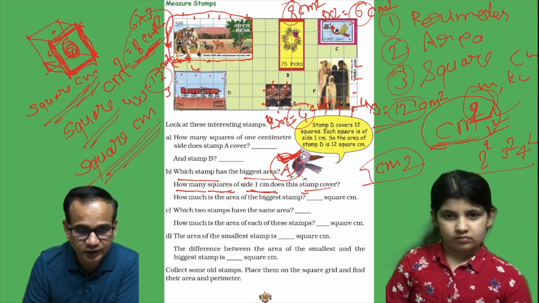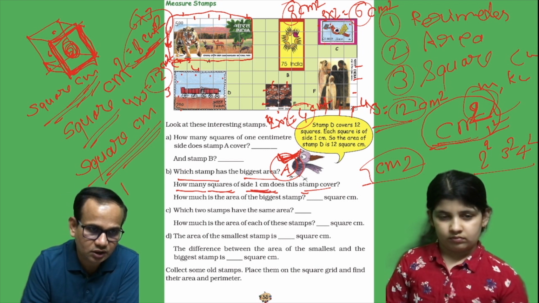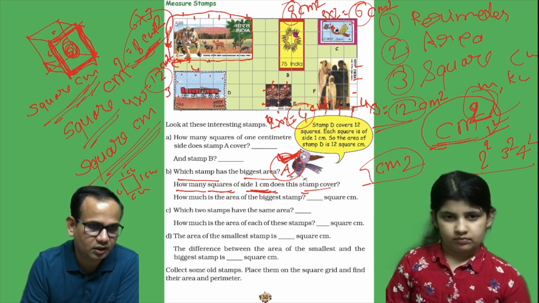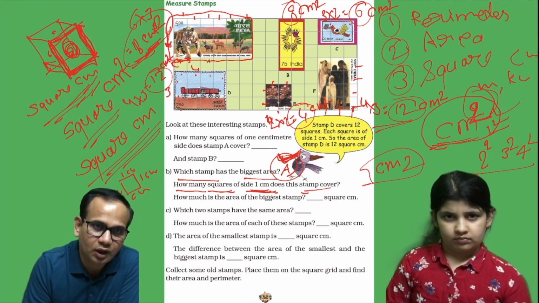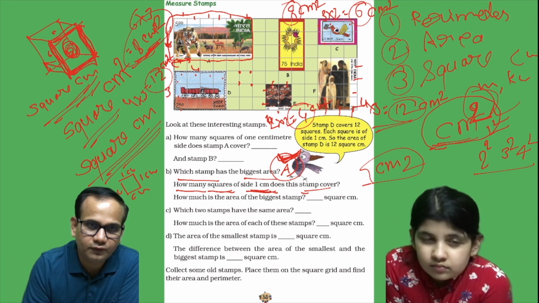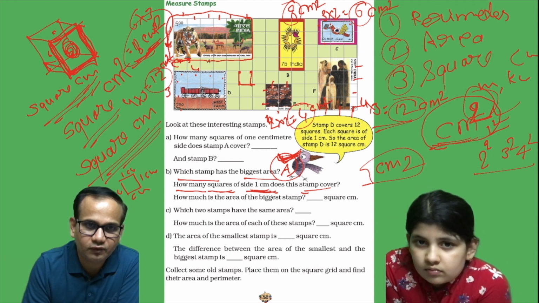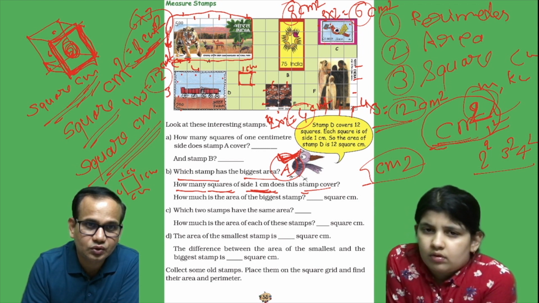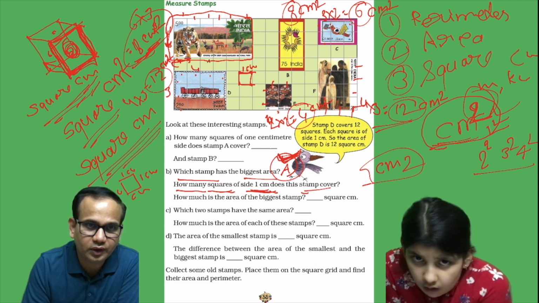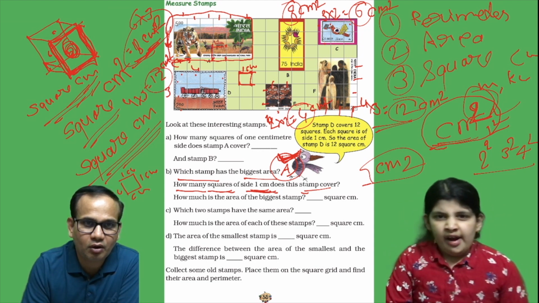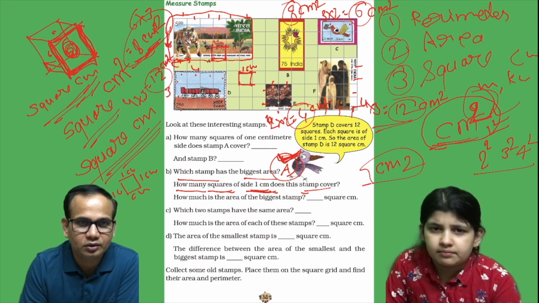Squares of side 1 centimeter. And we say 1 centimeter side is this one. 1 centimeter square is this one. Understood? This is one square. And if you see these dots, I explained to you earlier. If I join these dots, it will be one square, and each side is 1 centimeter. So this is one square here, one square here, right or wrong?